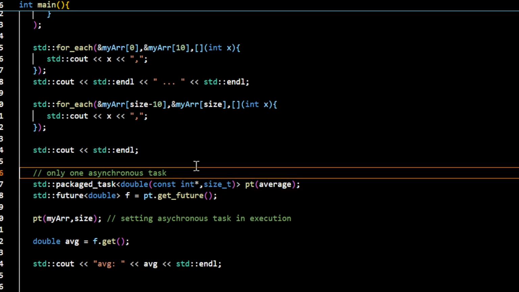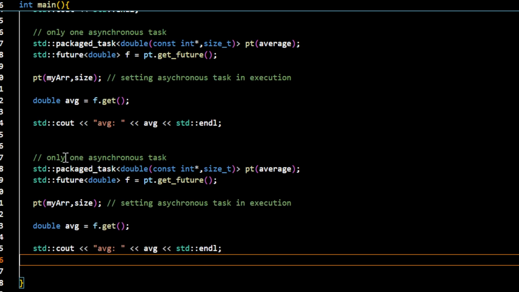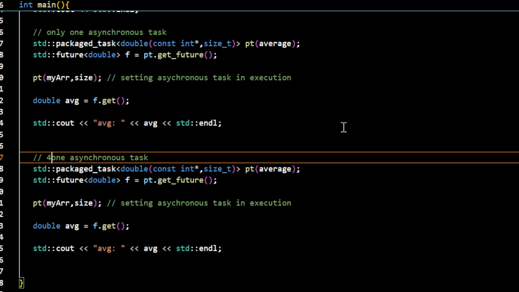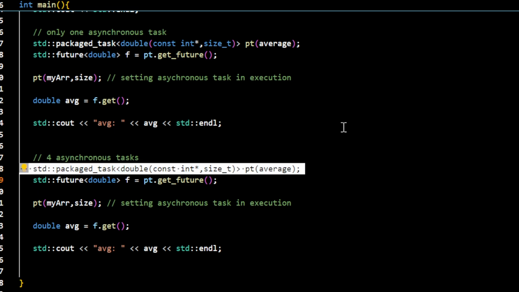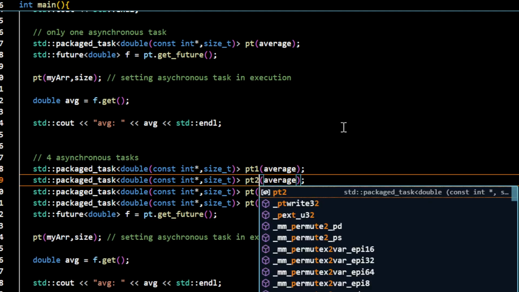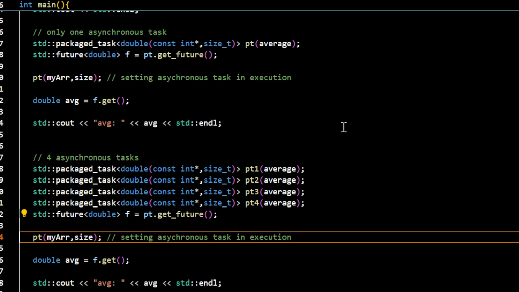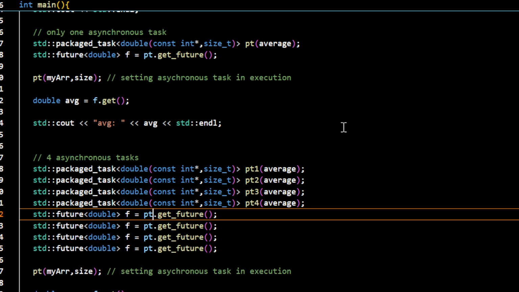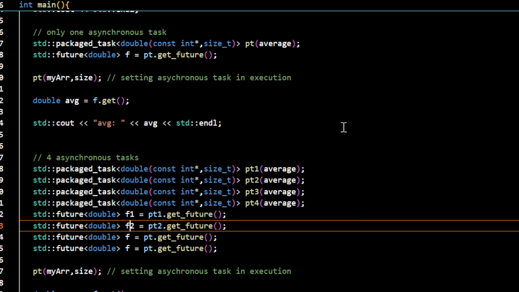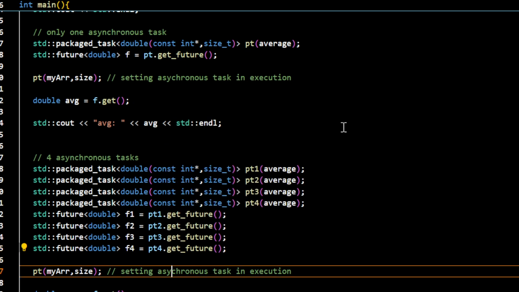array. So let me copy this entire thing and paste downwards, and in this case not only one, it's going to be 4 asynchronous tasks. Right, so now let us create 4 packaged_task objects with the names pt1, pt2, pt3, pt4. Let's have 4 future objects with names f1 through pt1, f2, pt2, f3, pt3, f4, pt4, and 4 invocations,